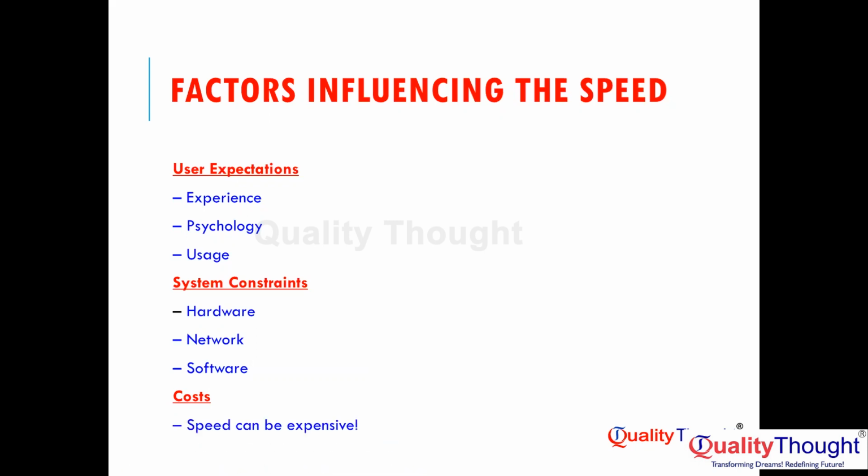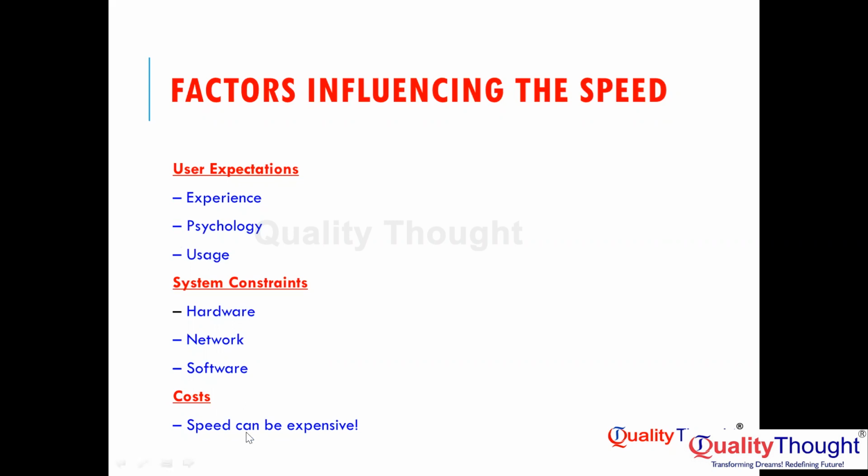Speed can be expensive. Is it true or not? You are purchasing a bike, a regular bike, 1 lakh. Sports bike, minimum of 5 lakhs. Speed varies, right? Speed is a costlier solution or not? Exactly similar to that, our application speed is also a costlier solution. It depends on different kinds of software, different kinds of hardware. So an increase in the hardware is directly proportional to your cost, right? So these are the three factors